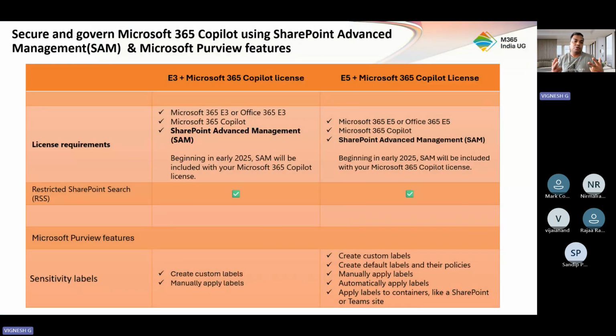So there are two pieces which we want to talk about. One is SharePoint Advanced Management and also the Microsoft Purview features, right? And we are going to talk about the Microsoft 365 E3 plus Microsoft 365 Copilot license and Microsoft 365 E5 plus Microsoft 365 Copilot license. Because as per Microsoft, with E3 you get to do a lot in terms of securing and governing with Microsoft, and the same goes with E5, because with E5 you get to do a lot